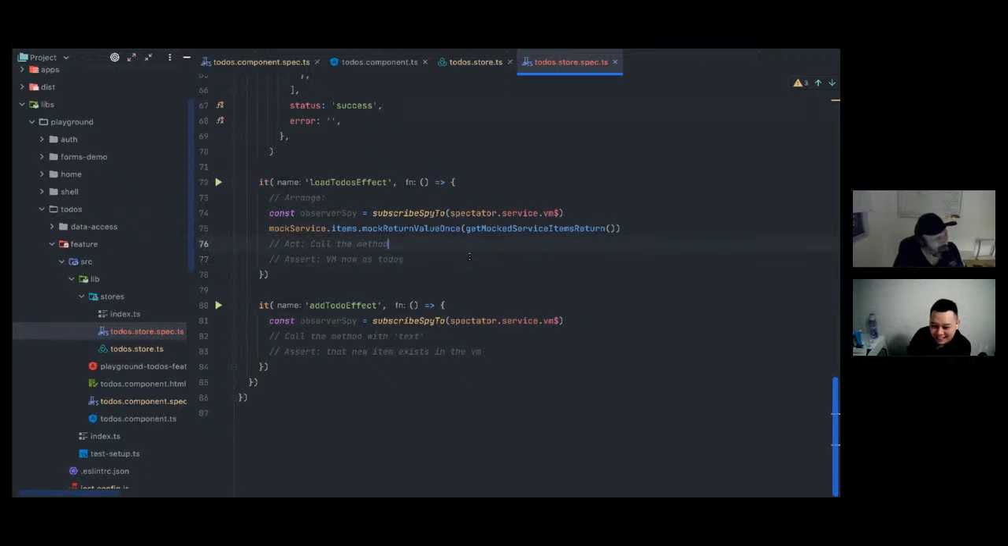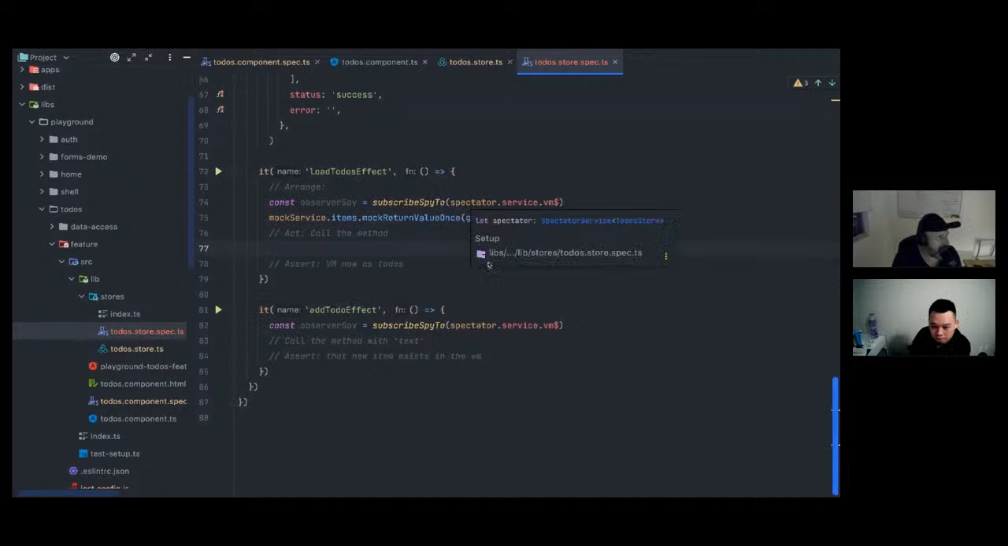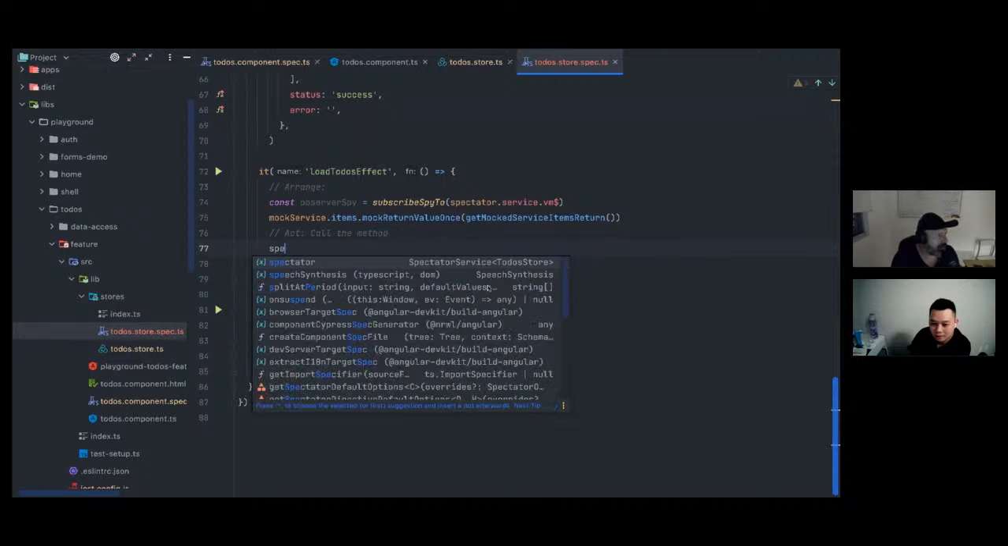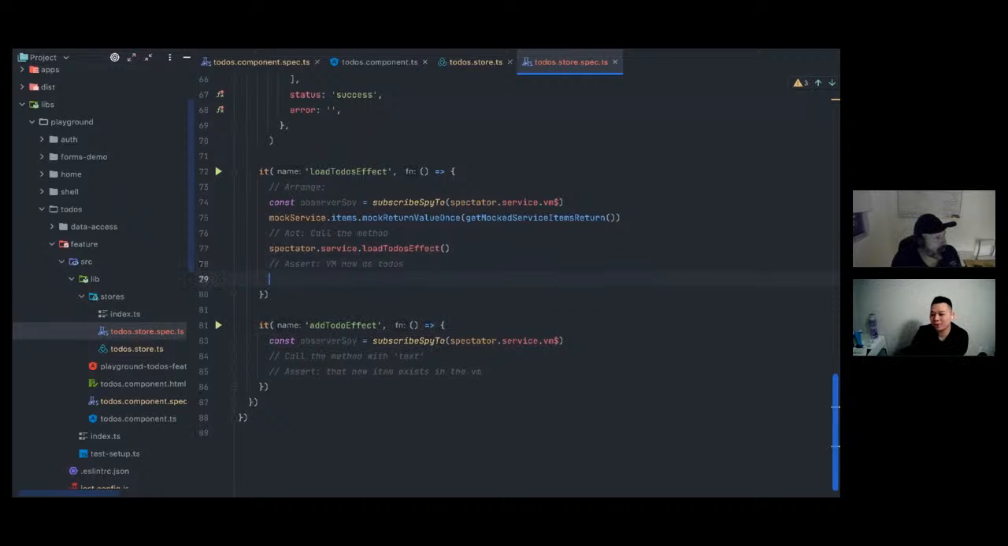So that's done for the arrange. Now we're going to have to act. The act here is basically going to invoke the method manually, right? We no longer care where it's being run, so we can just say spectator.service.loadTodosEffect, which is a method. Yep, that's the only action. And now we're going to say expect observerSpy